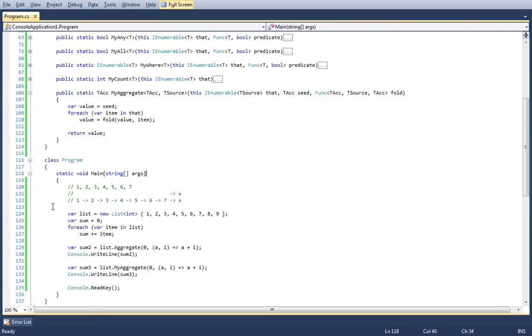So what this function does, look how similar this and this code is. Aggregate is really the abstraction of this type of operation, where you loop over things in a collection and you return a single result out of it. Aggregates can be used to calculate sums and mins and maxes and counts even. You can use aggregate to implement count if you wanted to. Aggregate can be used to do a lot of fun stuff.